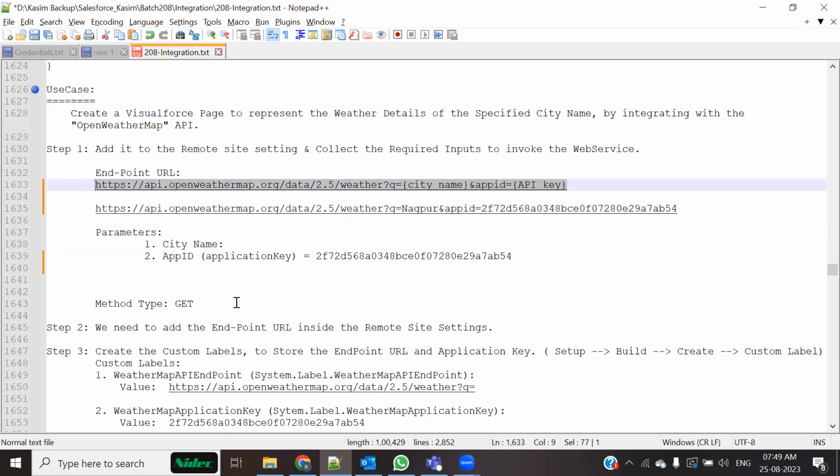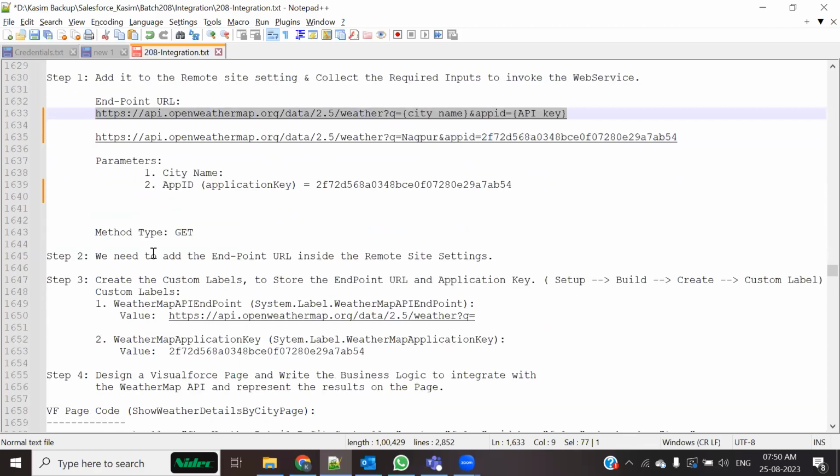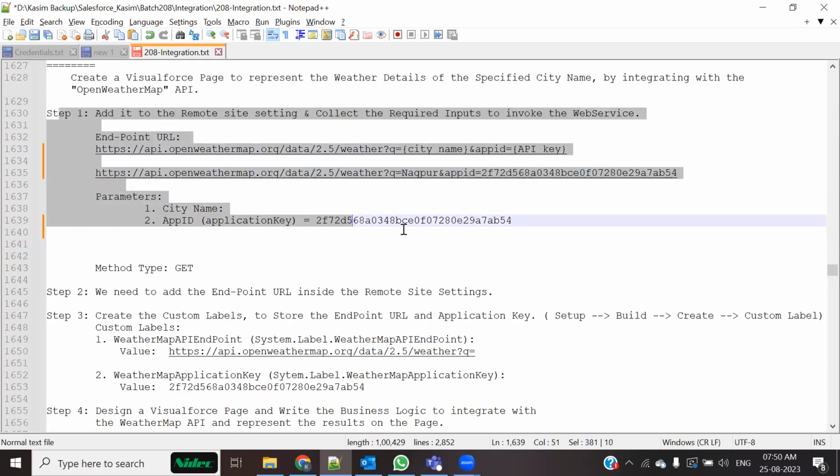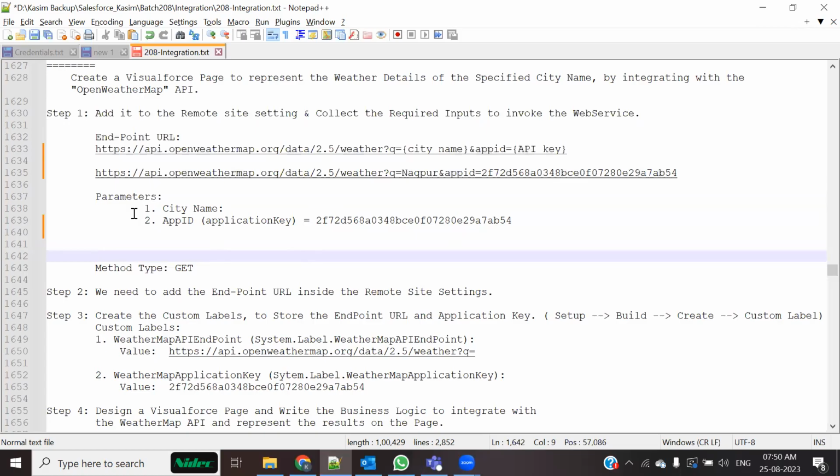Then you also know that this endpoint URL will have to be added inside the remote site setting, right? Unless and until we add the remote site setting, we cannot perform any outbound integration. That's an important part of authentication. So in step number one, or maybe step number two, if the collection of everything is your step number one,